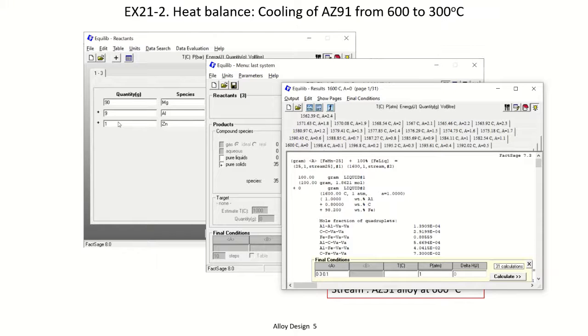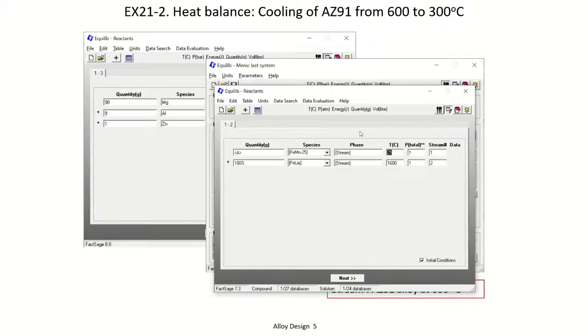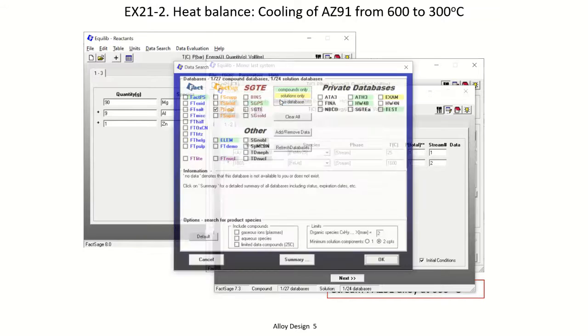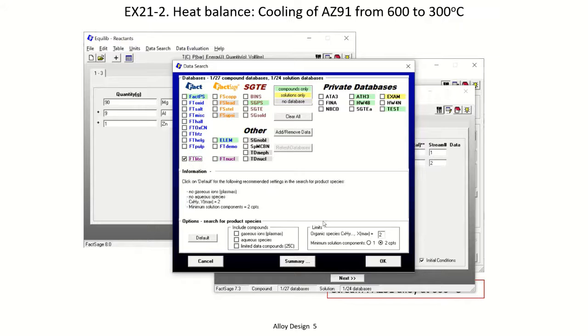The second calculation that we are going to do is cooling an AZ91 alloy from 600 degrees to 300 degrees. For that, we'll first again make a stream of AZ91 alloy at 600 degrees. So we'll go to the input window quickly, and this time we'll select a different database. We'll select the FT-Lite database for this calculation. So okay,